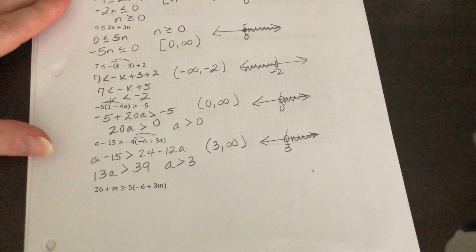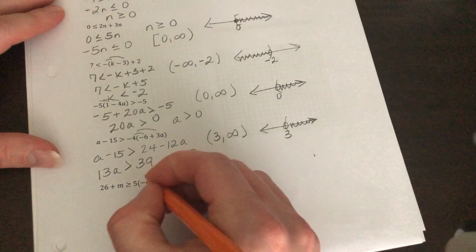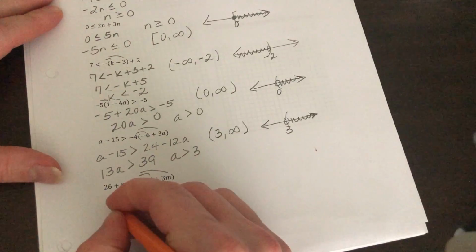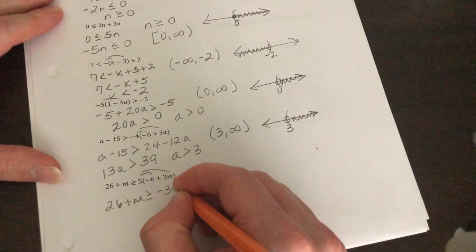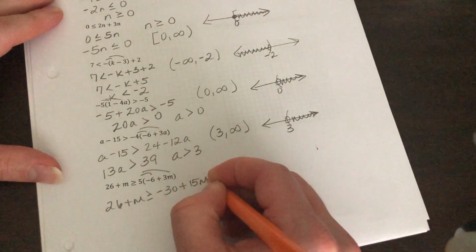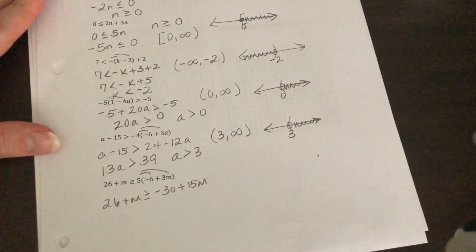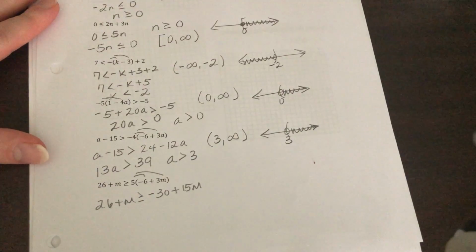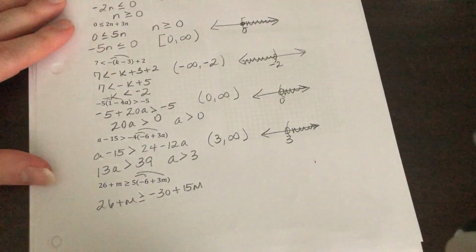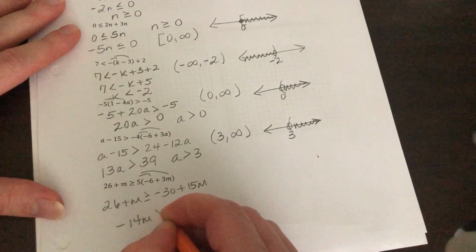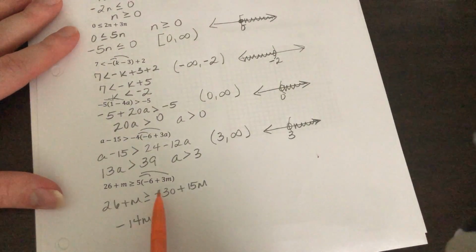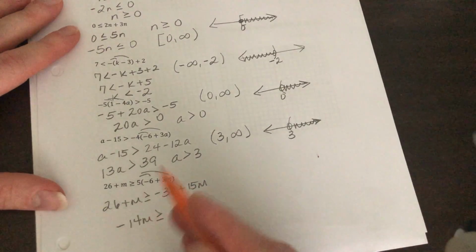Next one. So we're going to distribute this 5 out first. So 26 plus m is greater than or equal to negative 30 plus 15m. So we're going to get all our variables on one side. So move this over, we get negative 14m is greater than or equal to negative 30 minus 26 is a